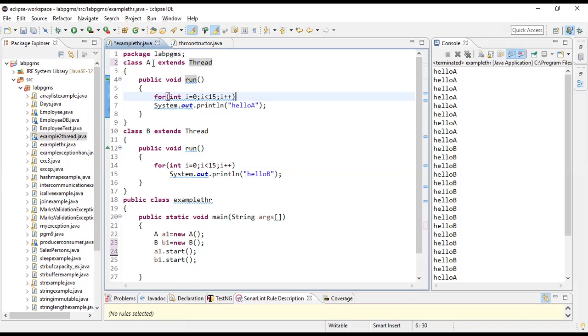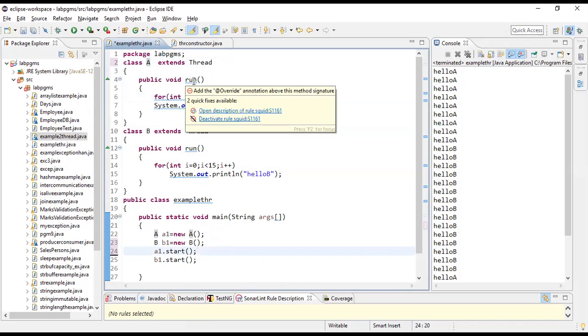Whatever class you are writing here should extend Thread. You will basically have a run method, the actual execution part. Now I am taking one more class B, which is also extending Thread, and you have one more run method here. What is the usual way? Write your extends Thread. In the main method, create an instance of this class A and directly call instance.start. Start will invoke the run method.